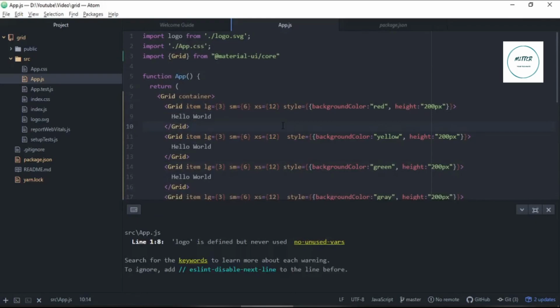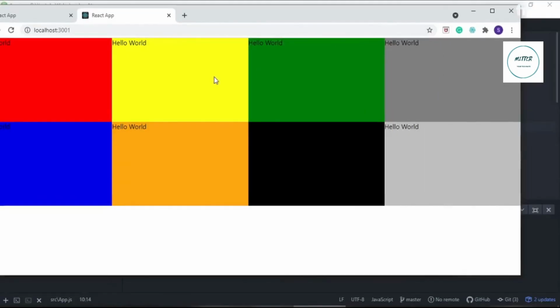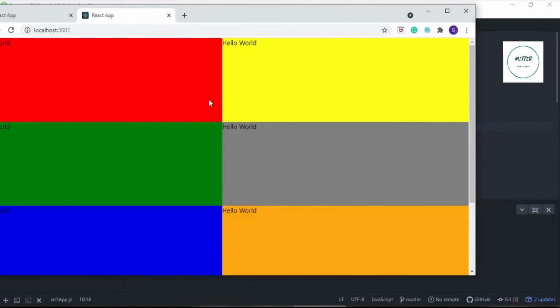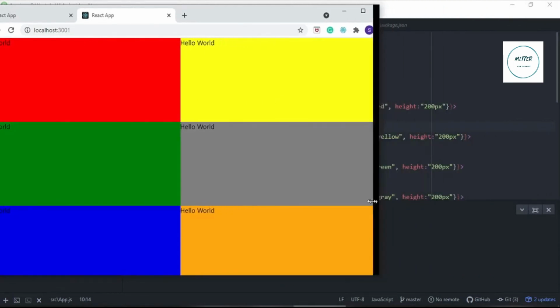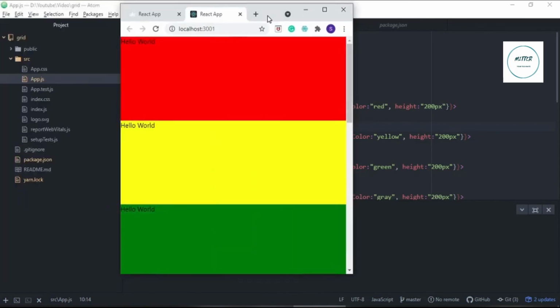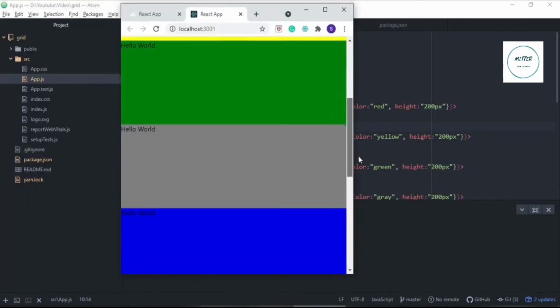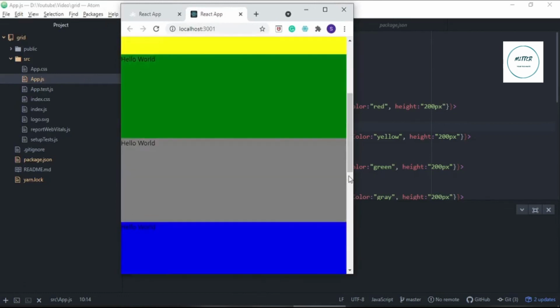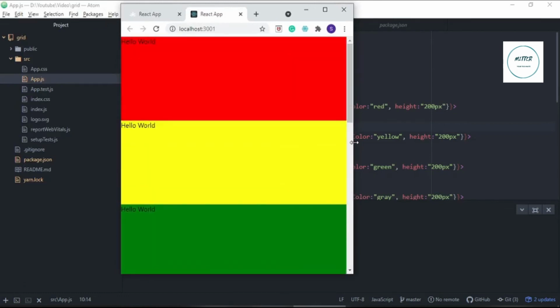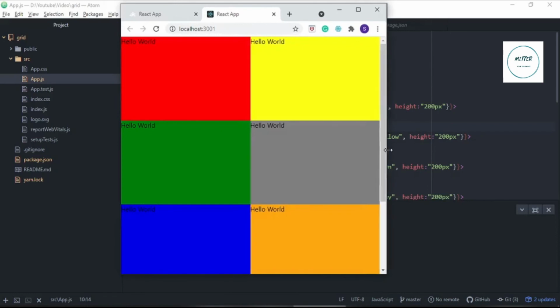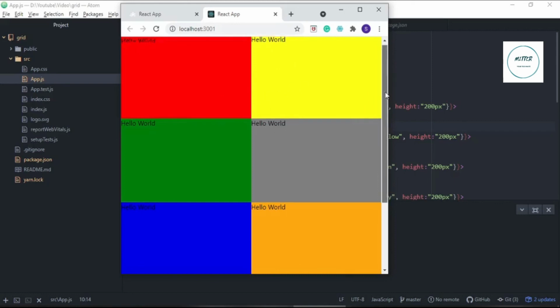So now let's see how the website changes. Now the screen size is large. Let me make it small. So it's working for the small. Now what if I make it extra small? Now you can see on the extra small screen, only 1 block is appearing in one row, and there are 8 rows, because there are 8 blocks. So 8 rows for each block. If it is medium screen, then 2 blocks in one row, and total 4 rows.